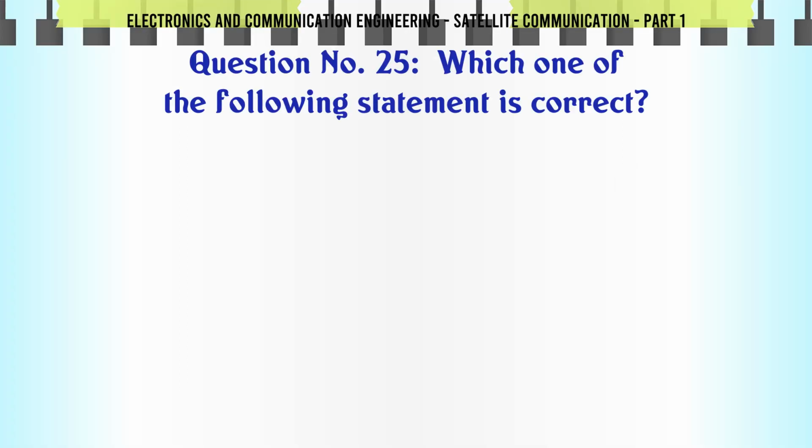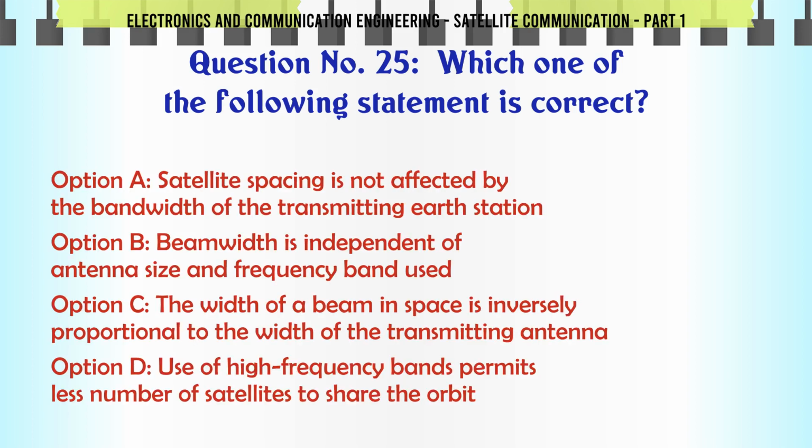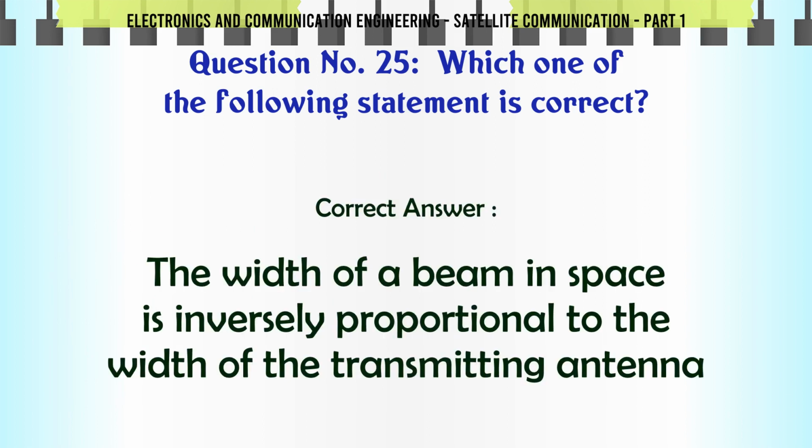Which one of the following statements is correct? A. Satellite spacing is not affected by the bandwidth of the transmitting Earth station. B. Beamwidth is independent of antenna size and frequency band used. C. The width of a beam in space is inversely proportional to the width of the transmitting antenna. D. Use of high-frequency bands permits less number of satellites to share the orbit. The correct answer is, the width of a beam in space is inversely proportional to the width of the transmitting